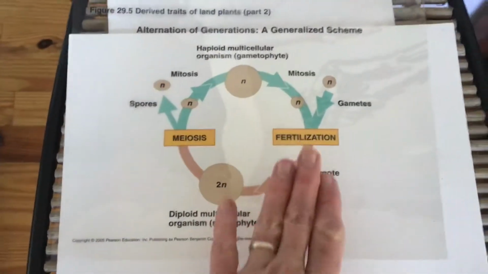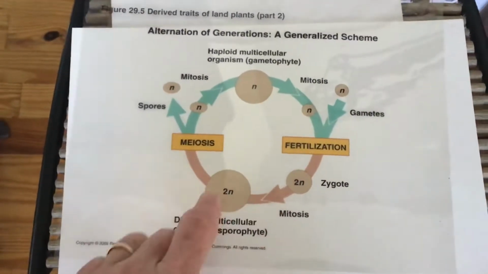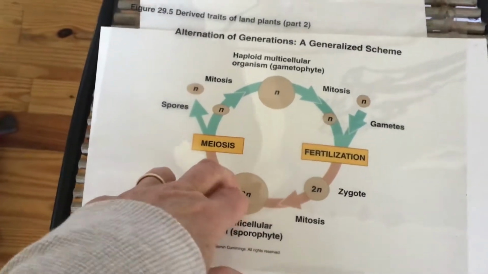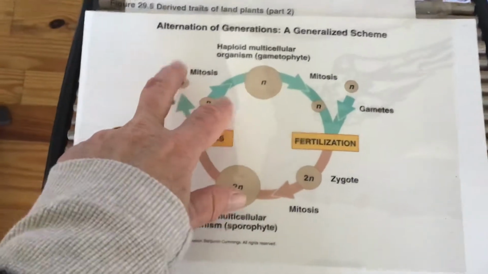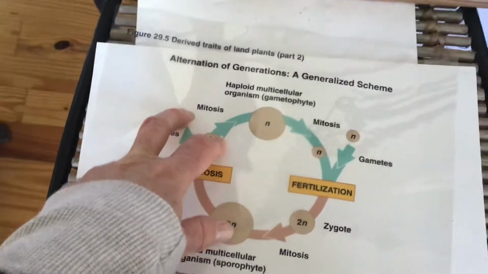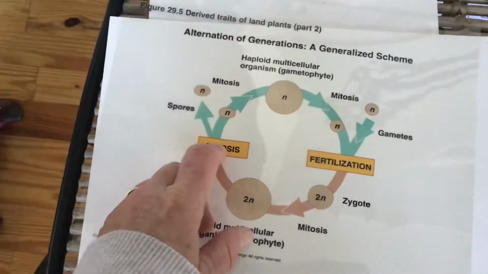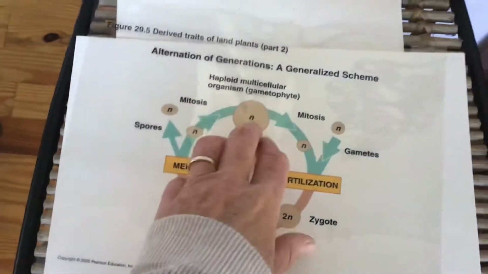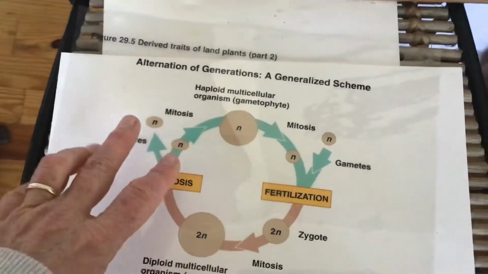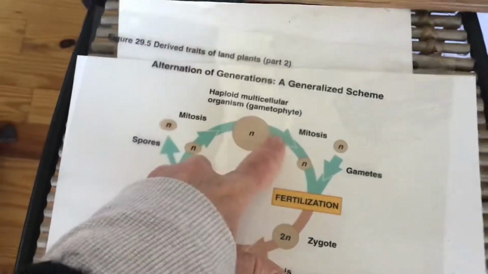That is, they have a structure that is multicellular that is 2N. All right, so this is the multicellular structure that is going to have some cells that are going to do meiosis and produce 1N cells or gametes. May or may not be flagellated for one of them, and the other one, of course, is the egg. And that is going to grow into a gametophytic structure. Or I'm sorry, I misspoke here for plants. So these gametes are 1N, and they will grow into a gametophytic structure.